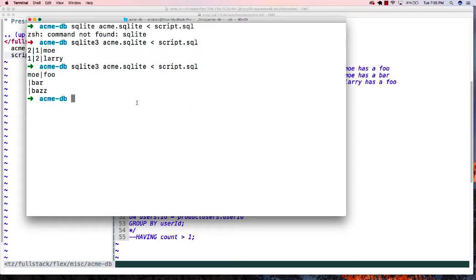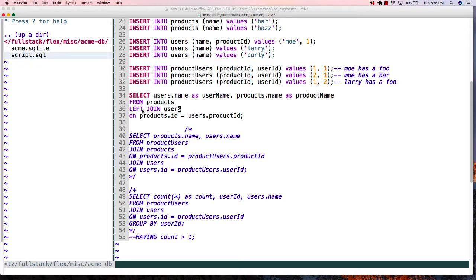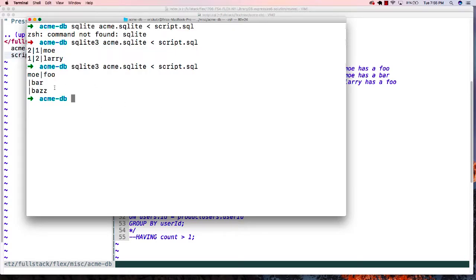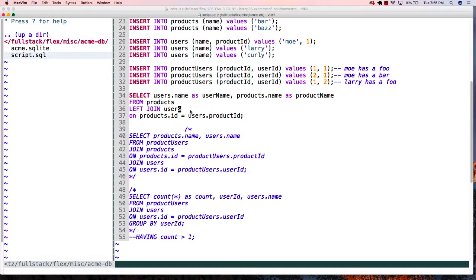Okay? So one of the things that I find out is that what this is doing for me is this is saying, hey, look, even if products never end up showing up, right, left join users, I get the products even if there are no users that are associated with them. If I just did a join,